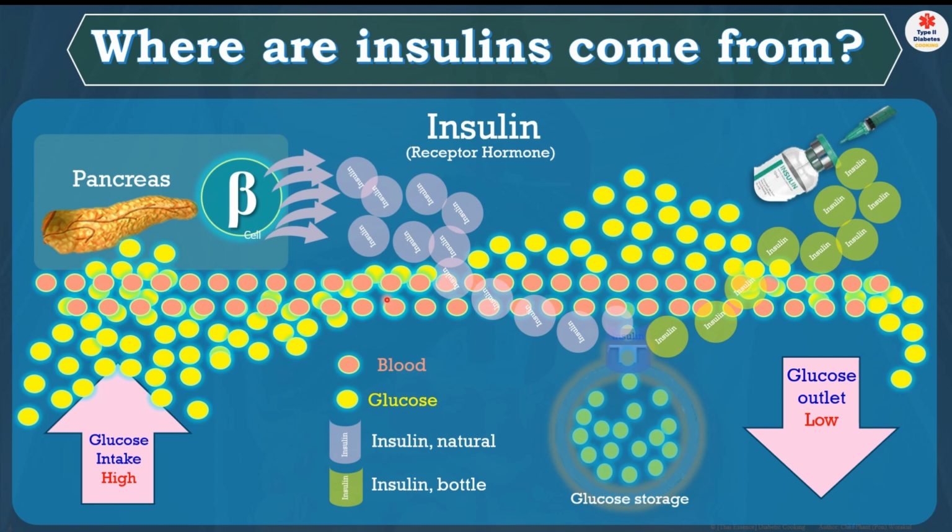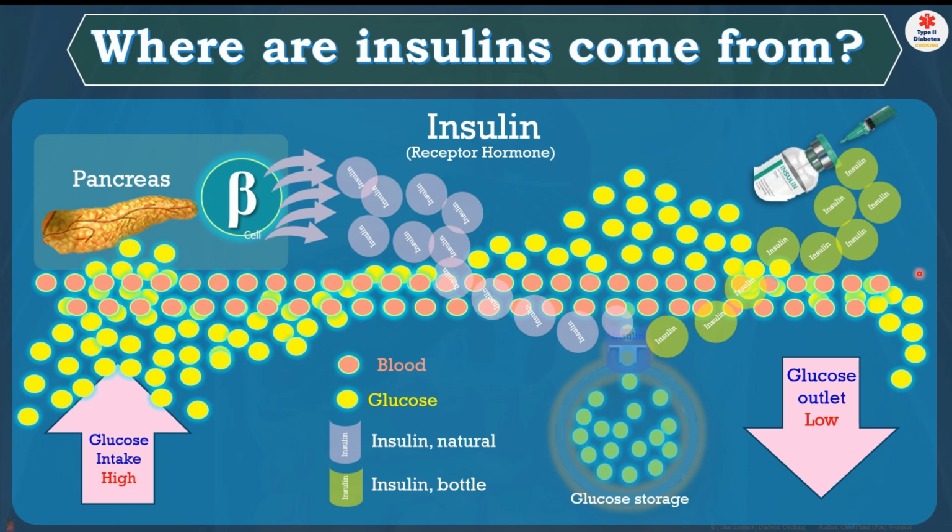There's a lot of sugar coming in, so it creates receptors on the cell to collect all the sugar, the yellow ones, to go into the cell to be absorbed for energy production. So if you overwhelm the system, the beta cell cannot produce that much. Now you have an insulin